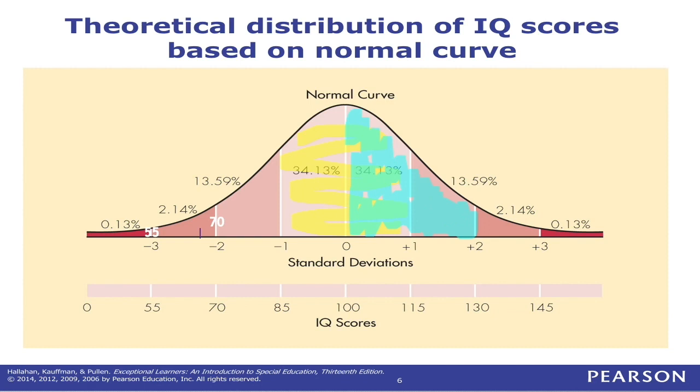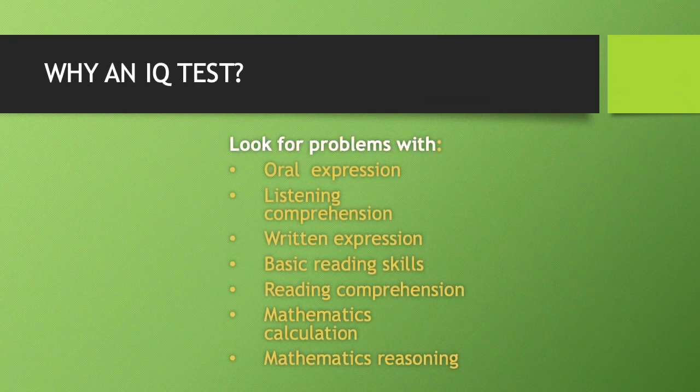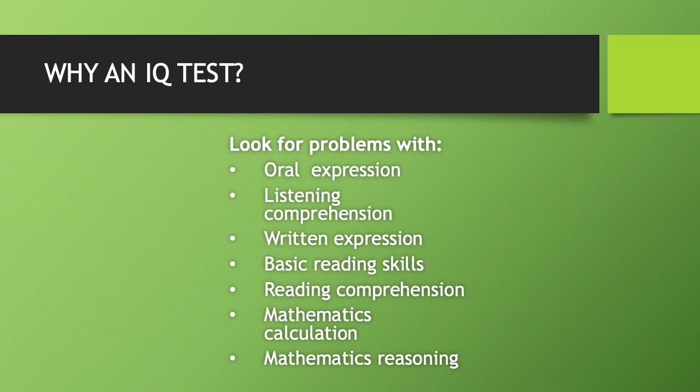In terms of going to the 80 or lower IQ range, it's not actually likely for a student with a learning disability to be in this region. So why do an IQ test? If you're looking for problems with oral expression, listening comprehension, written expression, basic reading skills, reading comprehension, mathematics calculation, and mathematics reasoning in order to figure out which, if any, category would qualify for a learning disability,